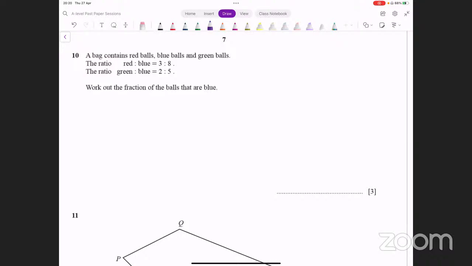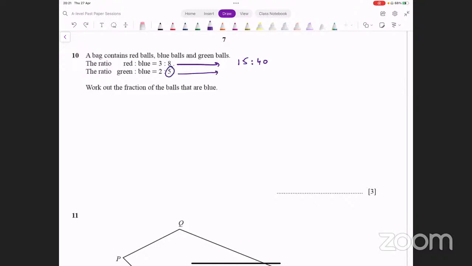तो आपको क्या करना है, ये जो सेकंड नंबर्स हैं इन दोनों को 40 बनाना है। फर्स्ट वाली रेशियो को हम कैसे 40 बना सकते हैं? 8 को किससे मल्टीप्लाई करना पड़ेगा, 5 से। That gives us 40 here. तो उसके कॉरेस्पॉन्डिंग फिर 3 को भी 5 से मल्टीप्लाई करेंगे and that gives us 15. तो 3:8 को हम लिख सकते हैं 15:40, राइट? इसी के सिंप्लीफाइड फॉर्म आपके पास 3:8 है, उसको हम 15:40 भी लिख सकते हैं।